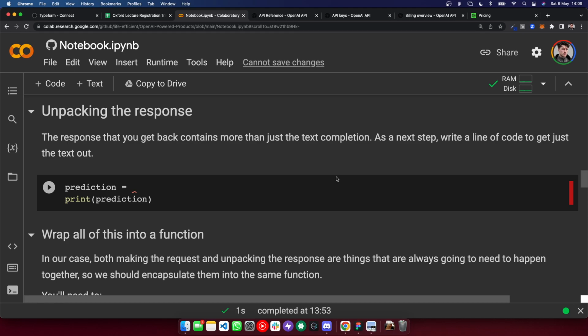Not Python. What happens under the hood is Python will use curl, and curl makes requests. That's why you don't need to. All this is saying is this is